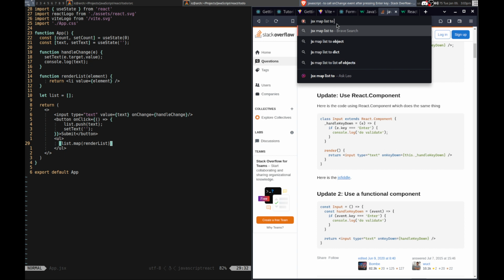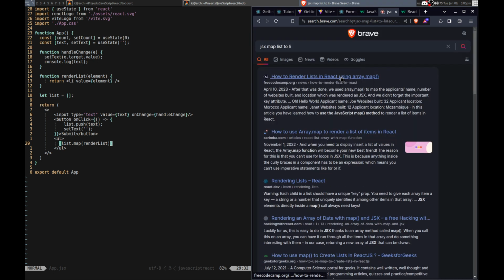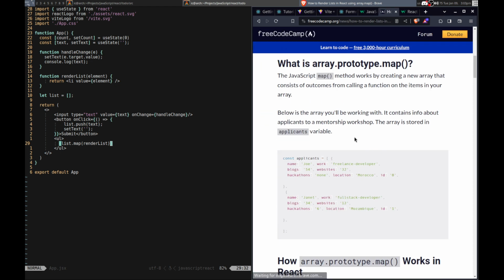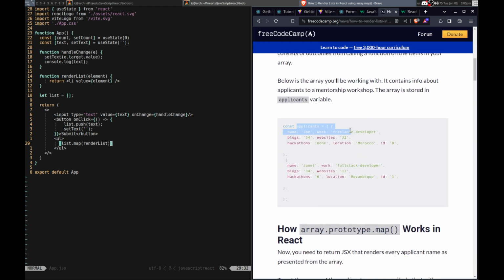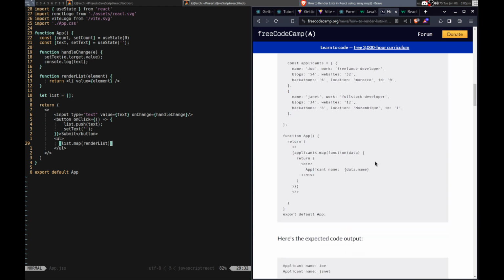Map list to render list. All right. It's just an array of strings though. So function data, yeah, return.